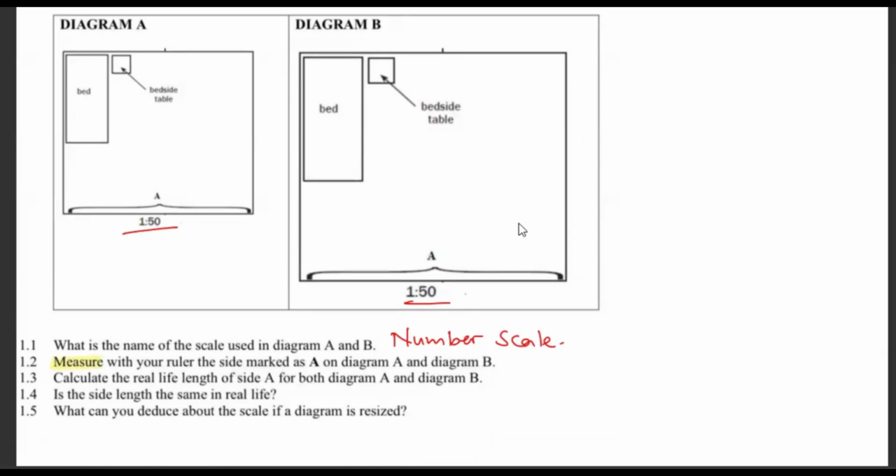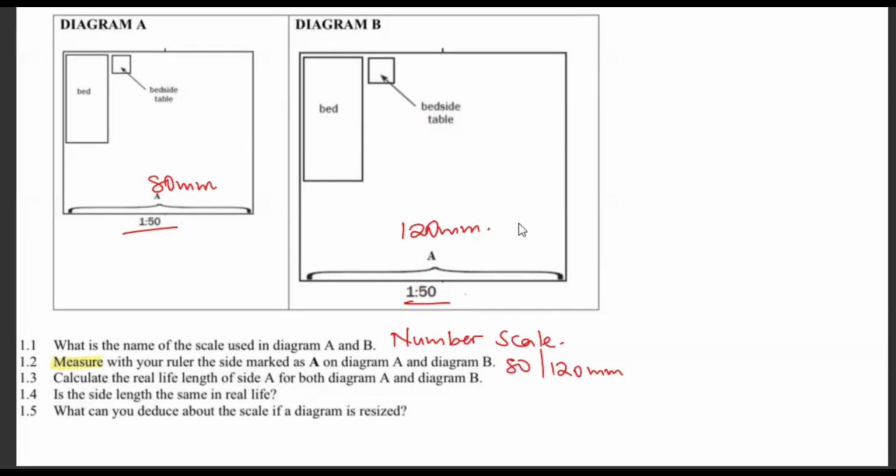So I measured here at A. I got 80 millimeters. And the same side A in diagram B, I got 120 millimeters. That's what I got. Please, you usually use millimeters because millimeters are a little bit more precise. Calculate the real life length of side A for both diagrams, A and B,